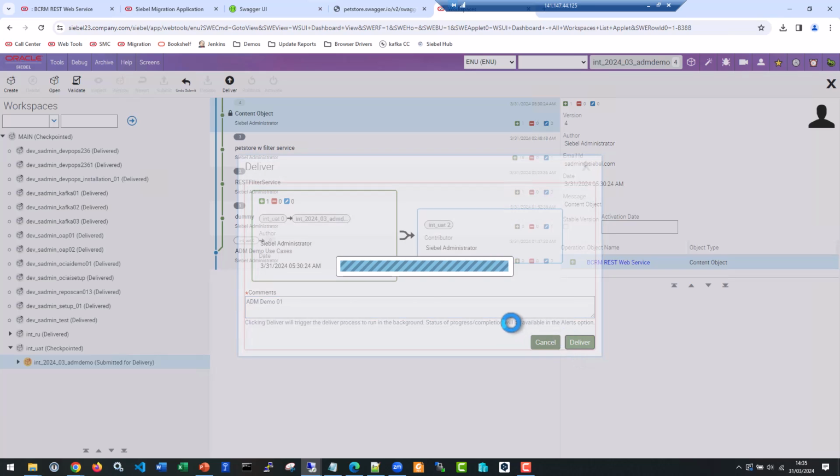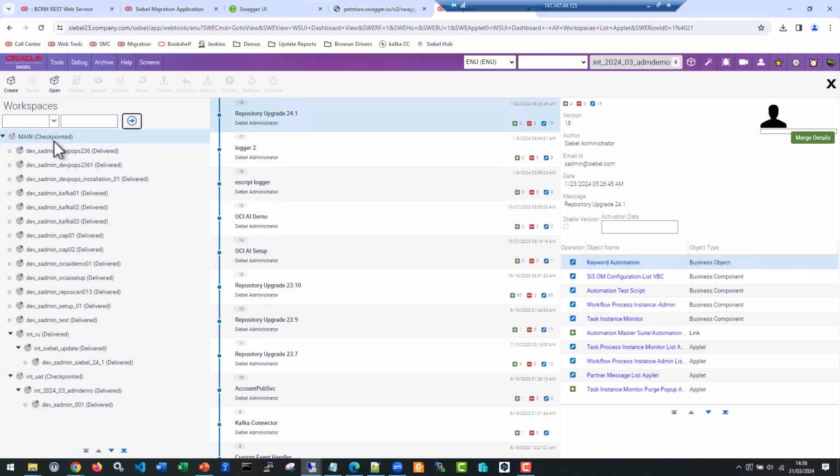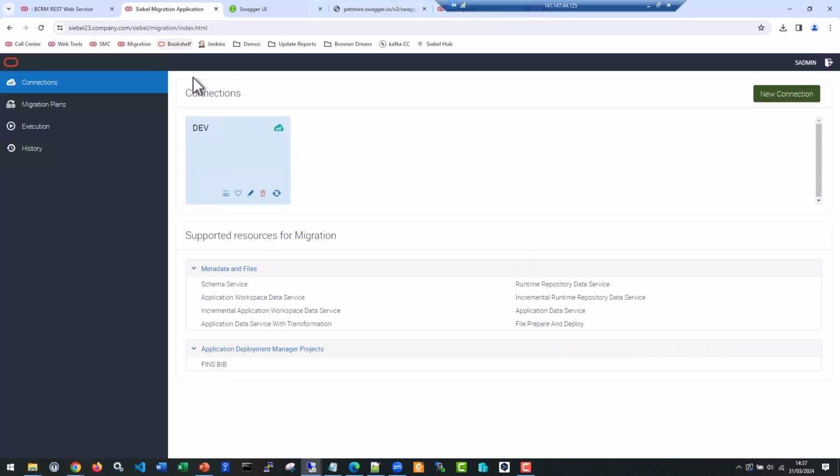So I'm submitting that one integration, the project workspace, if you will, and I'm delivering it right now. So that is the ADM demo 01. Let's deliver that. That will create a new version of that int UAT workspace, a version which supersedes the version which I have deployed or migrated to the RR previously. So an incremental migration will pick up, hopefully, all these changes. We'll see in a few moments. Okay, so the import is complete. The delivery is complete. So now let's get back to the migration